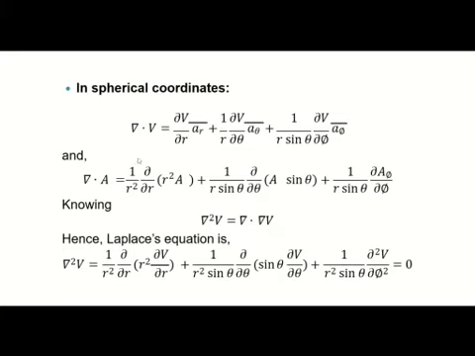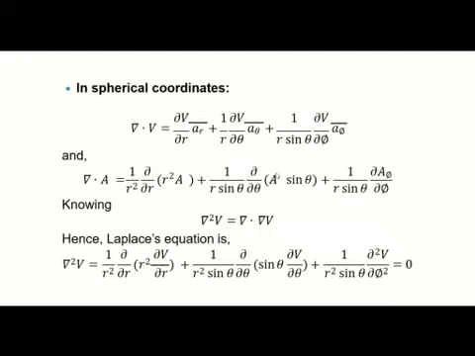In spherical coordinates also we have to know the form. This is the final form of the Laplace equation. Now here also, nabla v equals del v by del r a_r cap plus 1 by r del v by del theta a_theta cap plus 1 by r sin theta del v by del phi a_phi cap. Now nabla dot A, this is the form in spherical coordinates: 1 by r square del r of r squared A_r, plus 1 by r sin theta del theta of A_theta sin theta, plus 1 by r sin theta del phi of A_phi. Now instead of A_r we can write del v by del r.